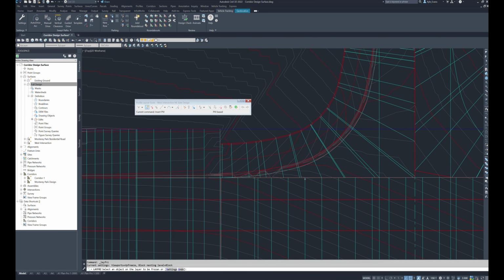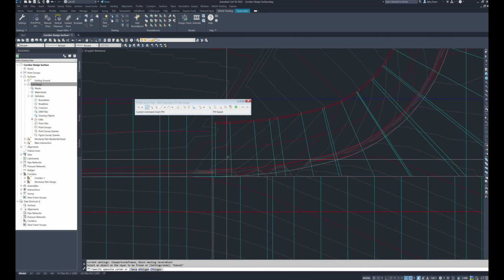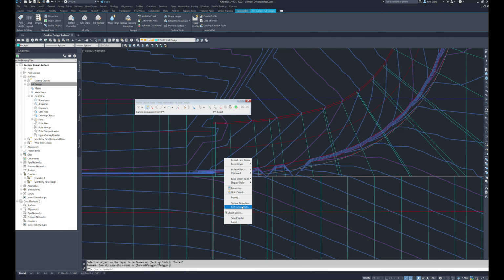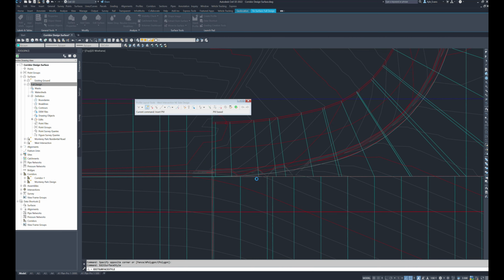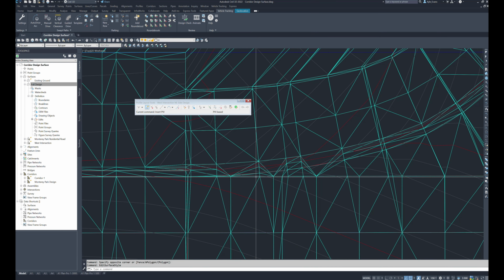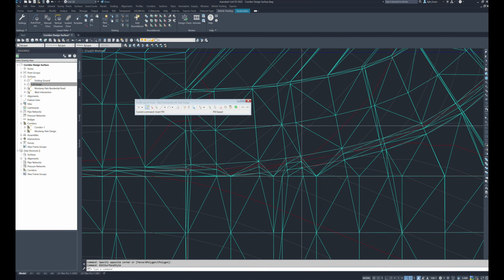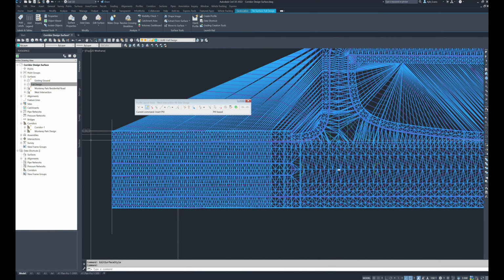Now to quickly fix these triangles, and part of this is because I have a residential curb turning into a main road curb, so we have the one you can drive on attaching to the straight face curb, and sometimes Civil 3D just doesn't do it properly. But under my surface here, and I'm under my full design surface,